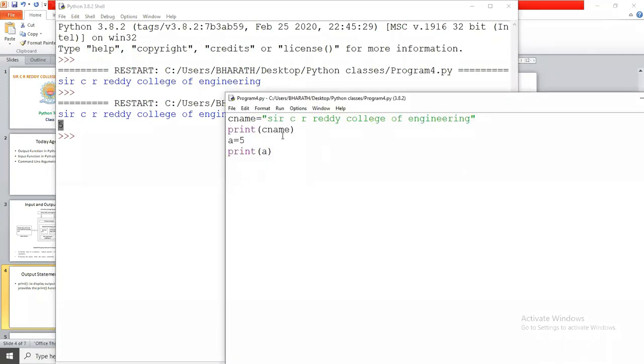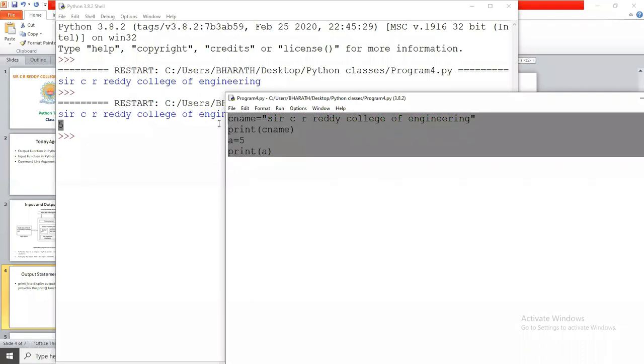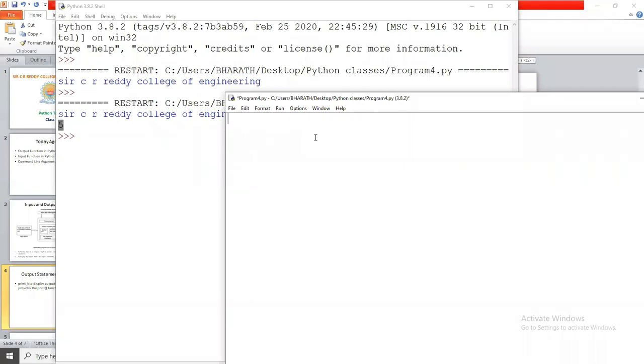Now I want to print a message like this: Hi students, how are you? How can we print this message?